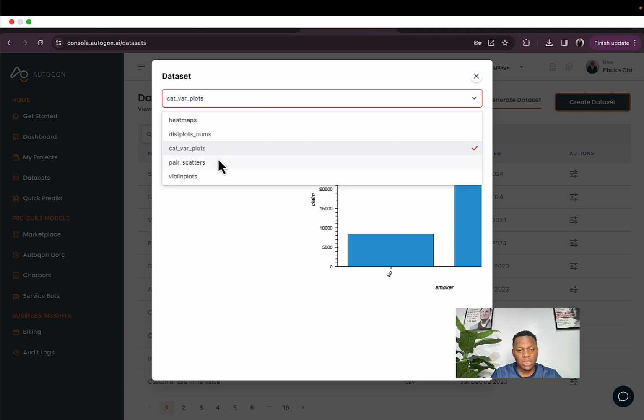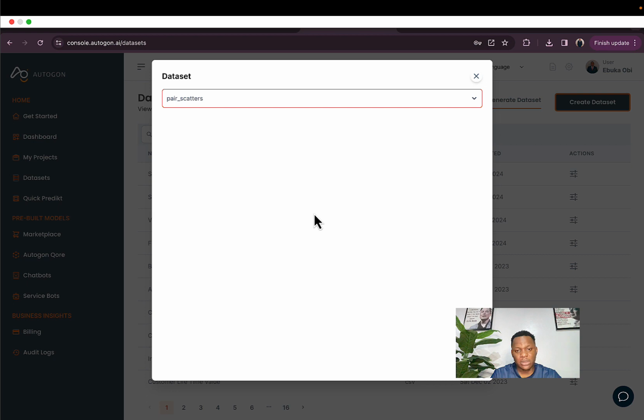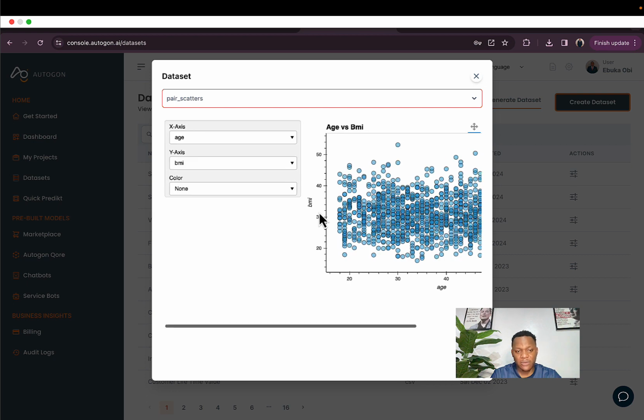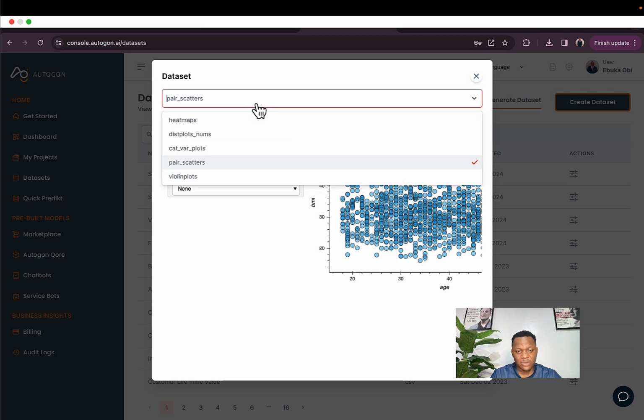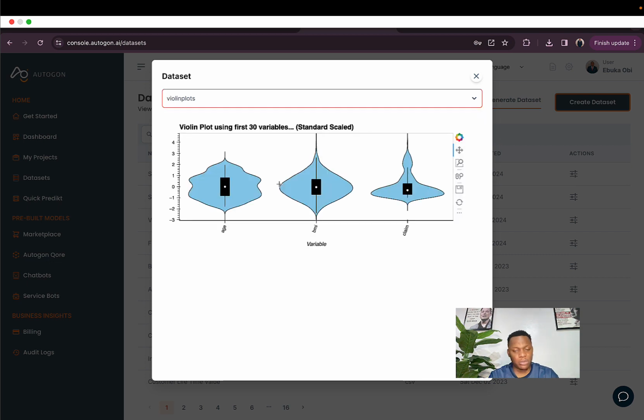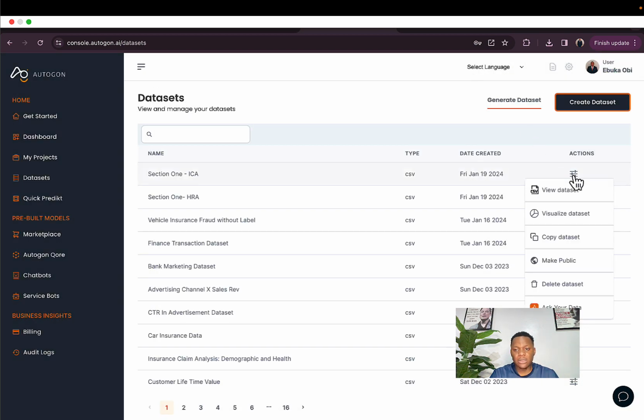And then you can play with even the pair scatter plot to begin to look at behaviors across each variable, and we can also look at the volume plot. And this is just beautiful. This is just data science in split seconds, data analysis in split seconds. Okay, so we've looked at visualized data sets. One thing we can also do is